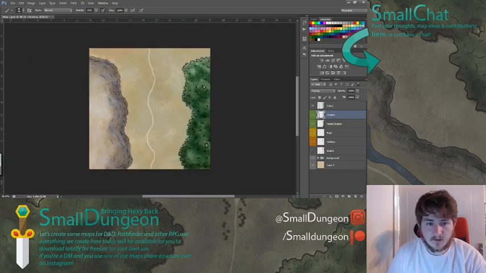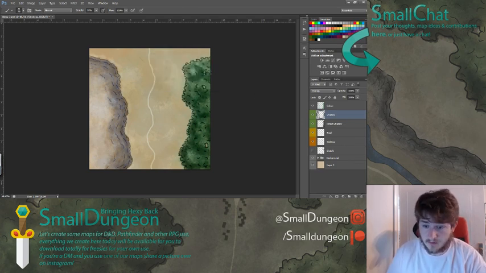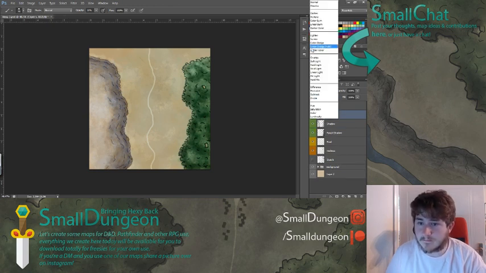Perfect. I like it. So if we create one more overlay layer here,